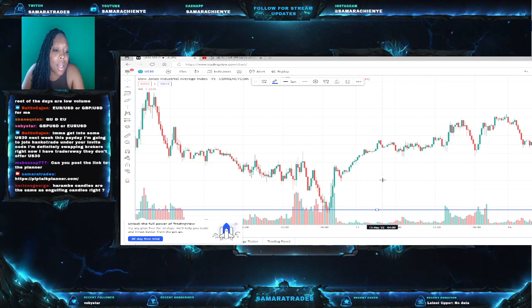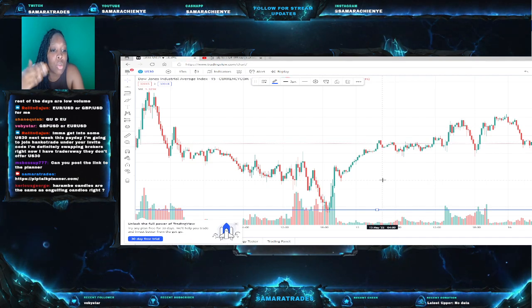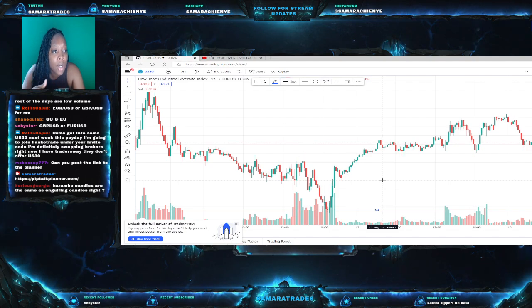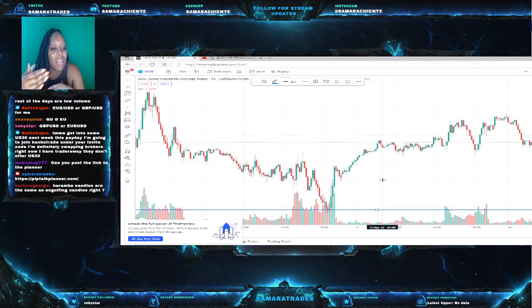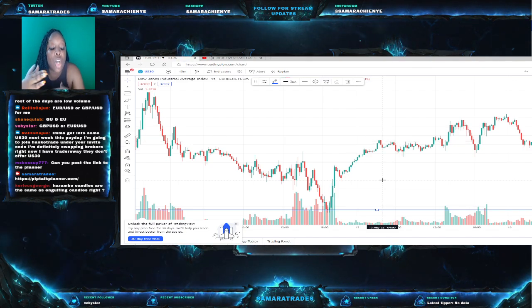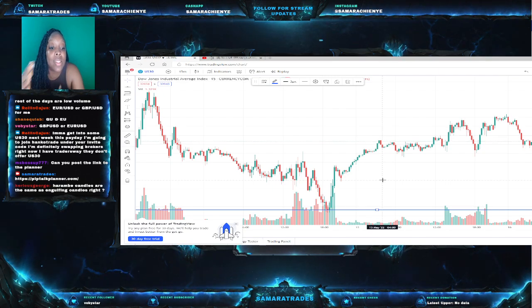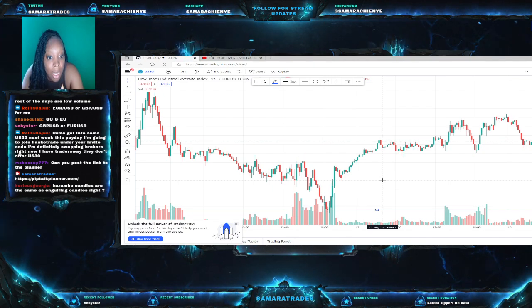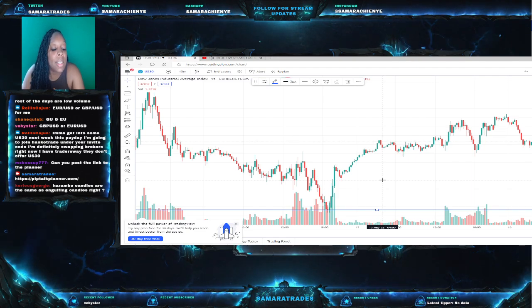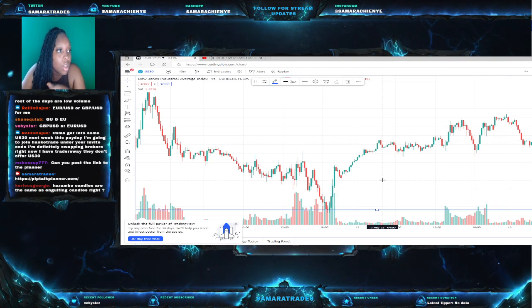I just have one solid color. After a while, when you start getting comfortable marking up your charts, you're going to start realizing, what was the point of even trying to change up all those colors? Because your resistant line is going to end up being a new support line. So it doesn't make sense to create that.